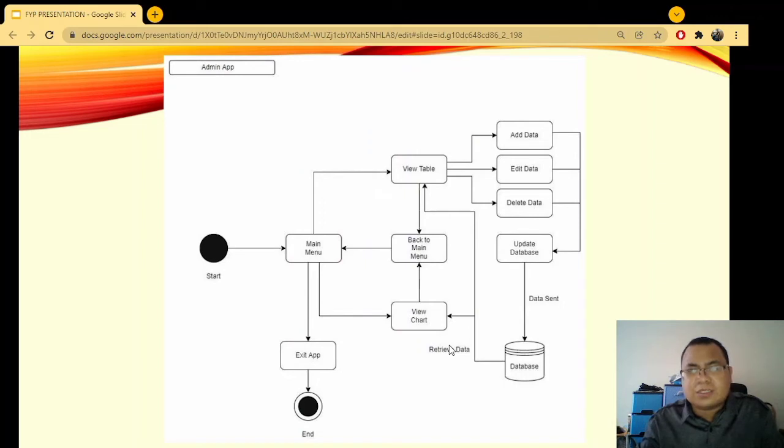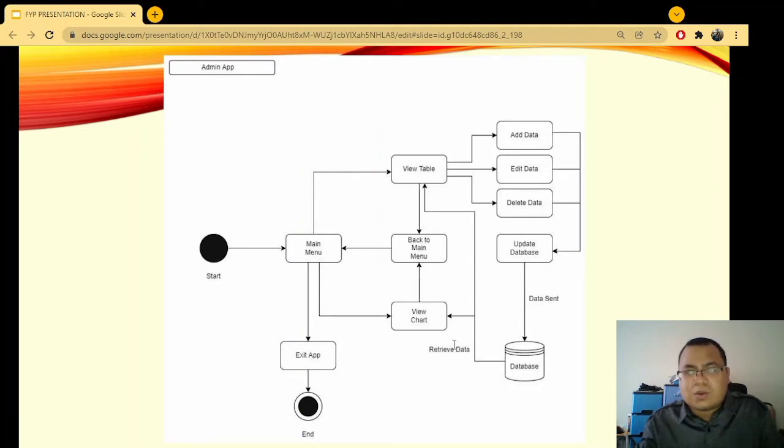The exit app option, of course, will make the app close, while the view table option will retrieve the current data from the database and display it in table form. From there, the staff can then choose to either add, edit, or delete whichever data they want, sending the new data and updating it into the database afterwards.